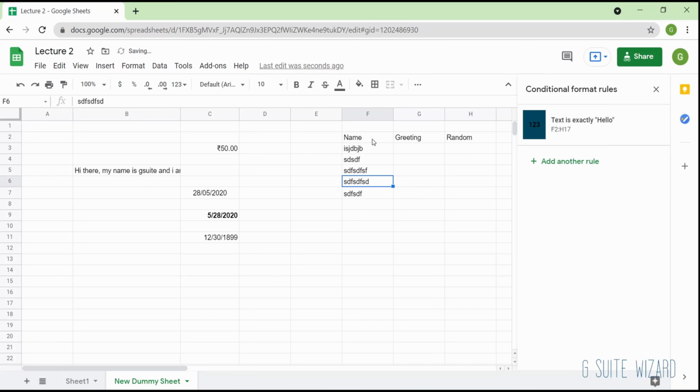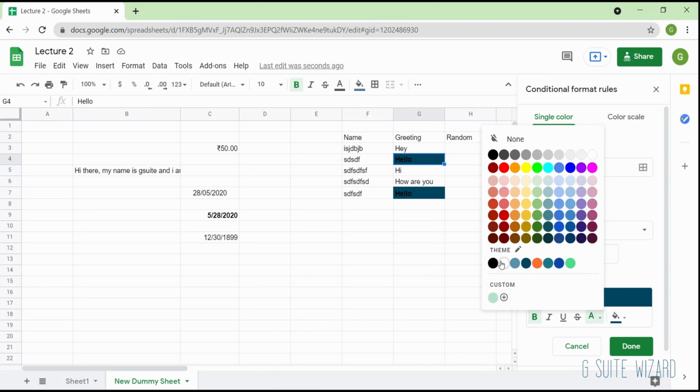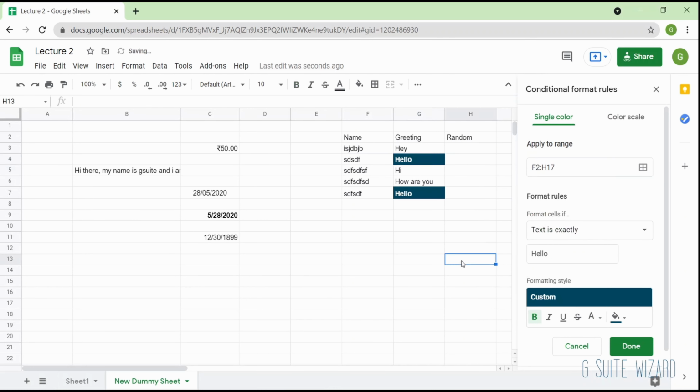Now I will show you. I'm just putting random things over here. I'll put hey, hello, hi, how, hello. So wherever you see hello is coming, it is coming with the color and formatting that we've put. I will change this so that it looks a little better. Okay, so you can see that it's getting formatted.